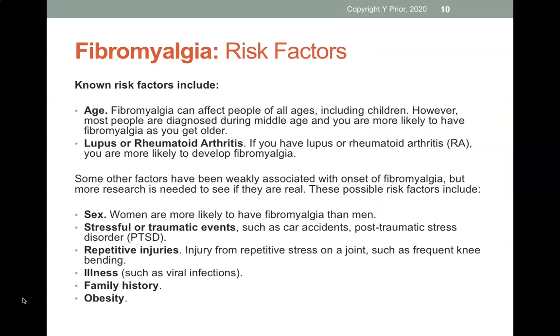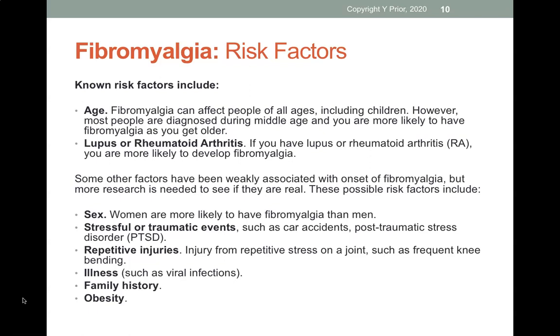Looking at the risk factors in fibromyalgia, we can summarize them, such as age. Fibromyalgia can affect people of all ages, including children, but most people are diagnosed during middle age, and you are more likely to have fibromyalgia as you get older. Again, lupus and rheumatoid arthritis, as discussed before: you are more likely to develop fibromyalgia if you have such painful rheumatic conditions. And some other factors have been weakly associated with onset of fibromyalgia, but more research is needed to see